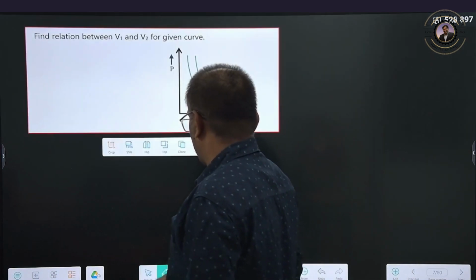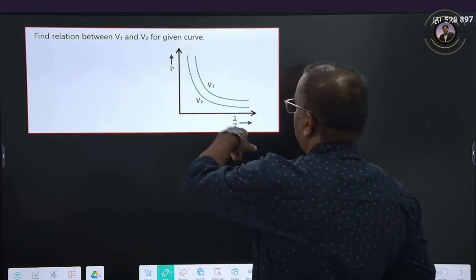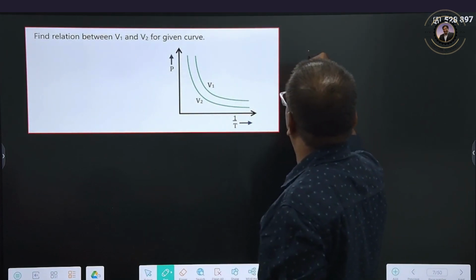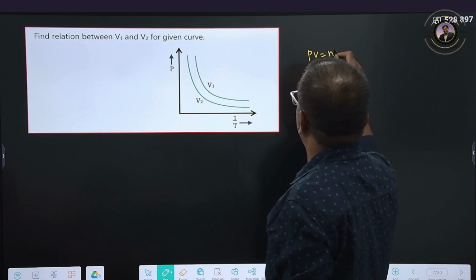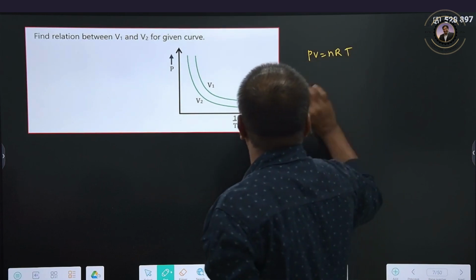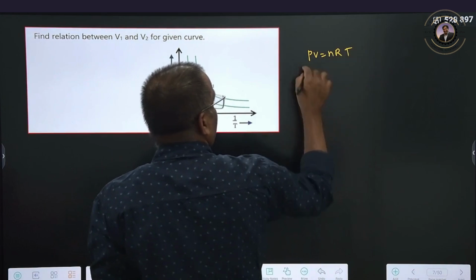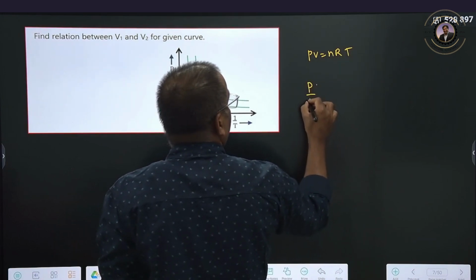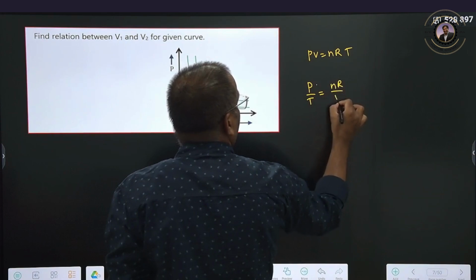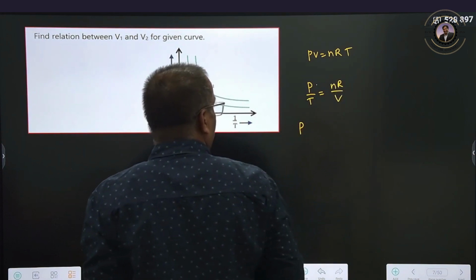Now, what is given? P is inversely proportional to the T graph. Therefore, PV is equal to nRT. It is given PV equals nRT, so I will take it here. P by T is equal to nR by V. So that means I can rewrite it as